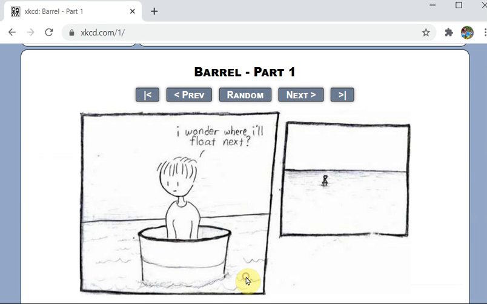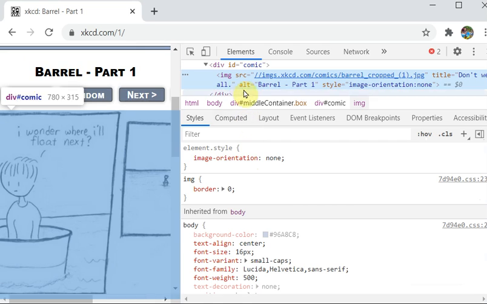Just right click and I'll show you. It will be within the img tag element, inside this tag, which has an ID of comic. So the id attribute is set as comic in this particular site.